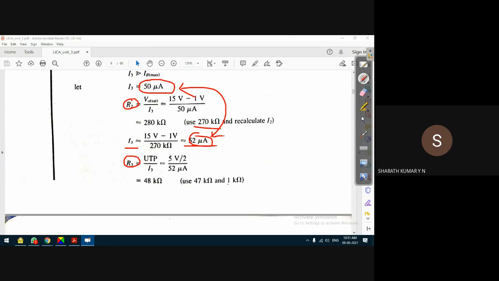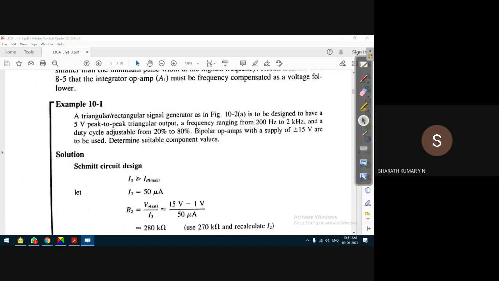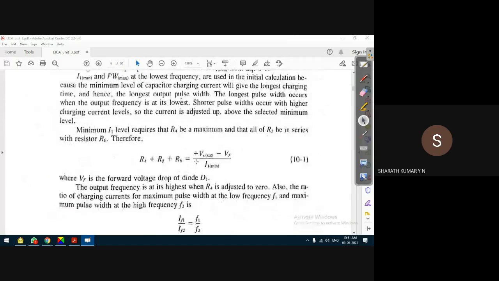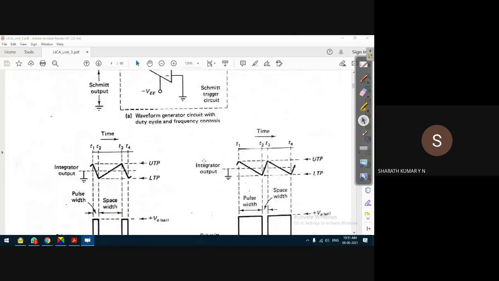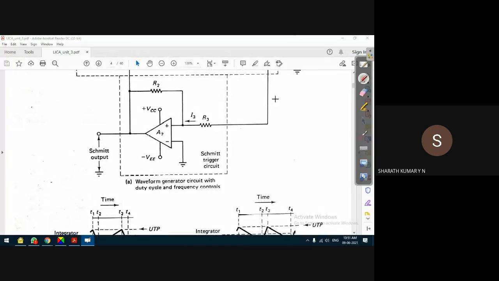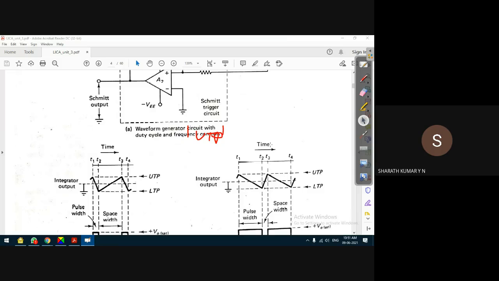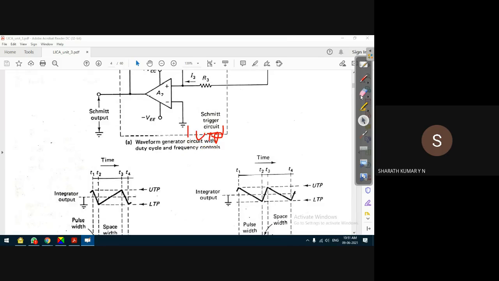So R3, okay, how to select the value of R3? Because, as I said, the Schmitt trigger circuit we have not discussed. We'll discuss it in the second part of this unit. So for R3, how do we select R3? The voltage drop across R3 is UTP. Why it is the upper triggering point we'll discuss later. I think we can observe that from this waveform. So the voltage drop across R3